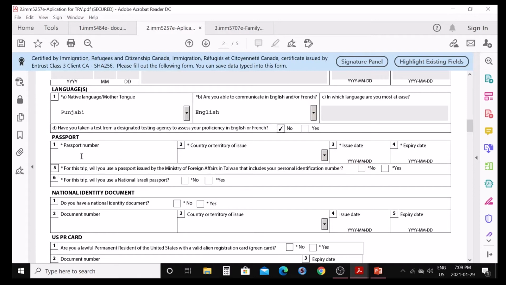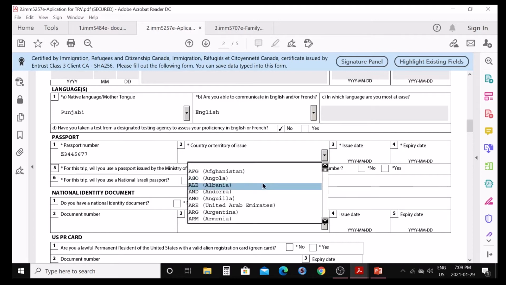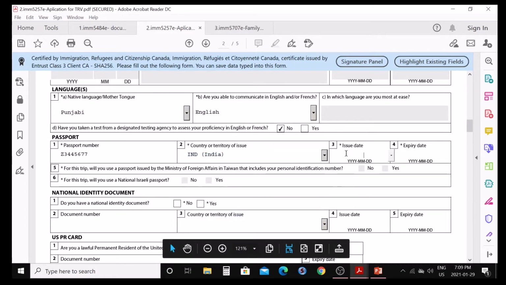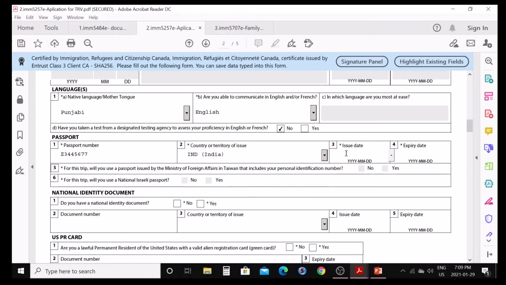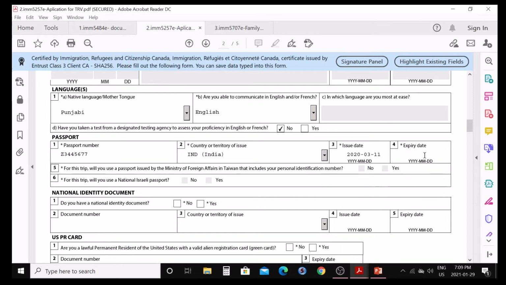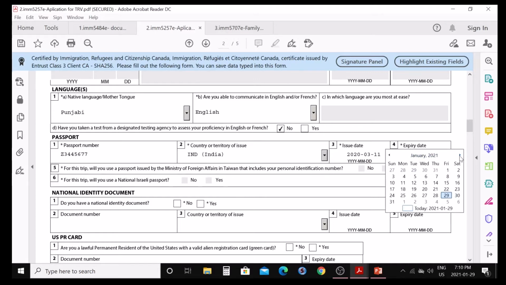Here you need to fill out your passport information, your passport number. I will just say something random here because I don't want to fill in my passport number. And country of issue, like I say India here for myself, you can say whatever country it is. Issuing date, so what date it got issued, you can select from here. How old your passport is, suppose I'll say maybe this, so I'll choose this. And expiry date, so it will be 5 years or 10 years from now.